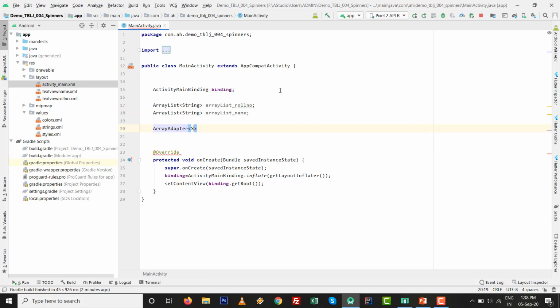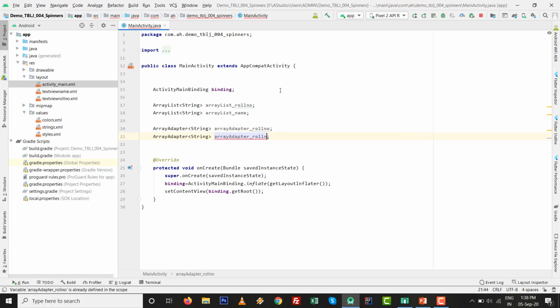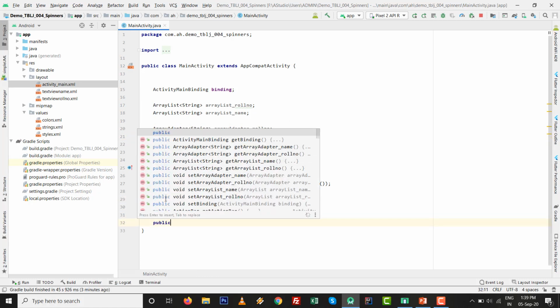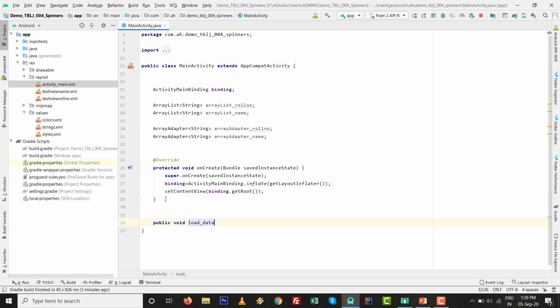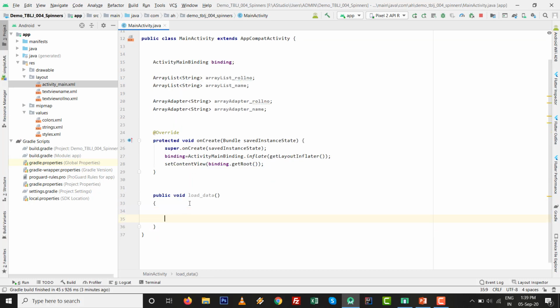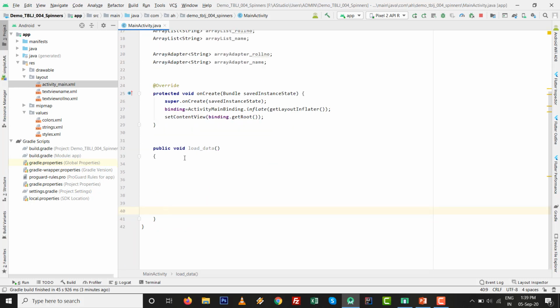So array adapter of type string, give the name array adapter underscore roll number. Just copy this one and paste it with the name. So we are going to perform with the load data. So public void load data method to load all the data whatever we want to make inside this one.